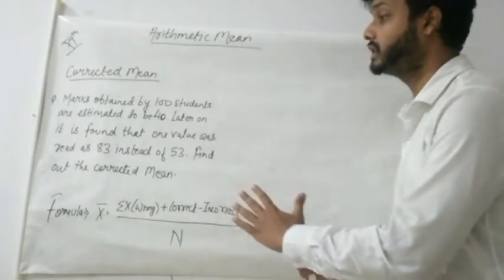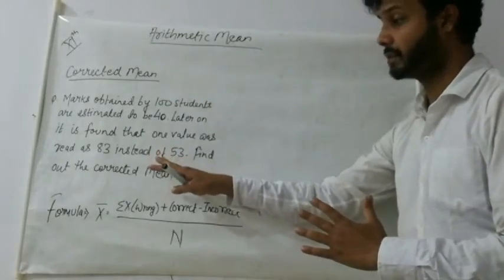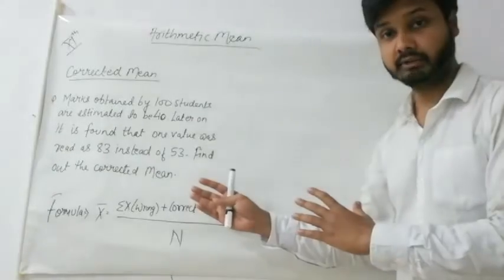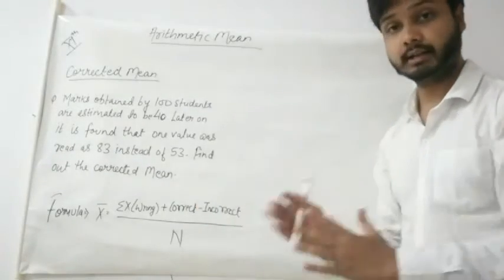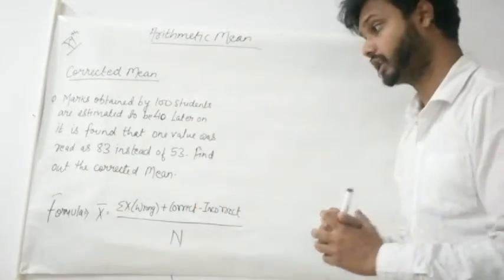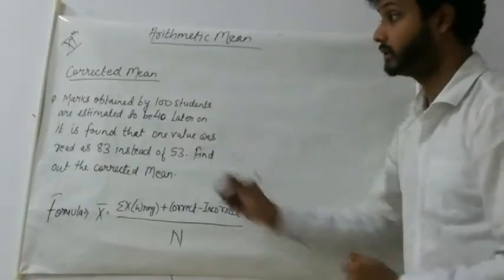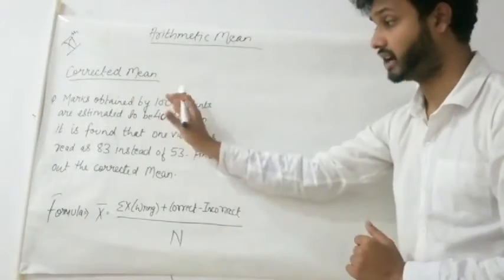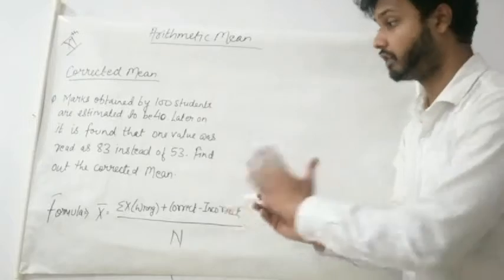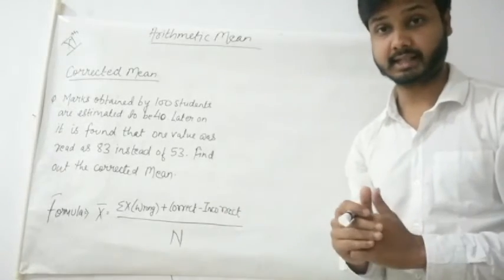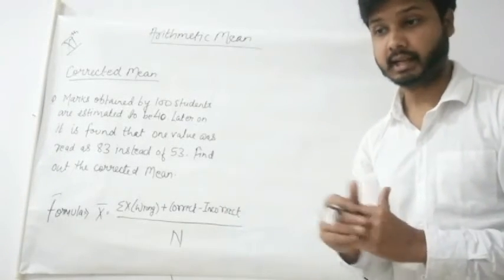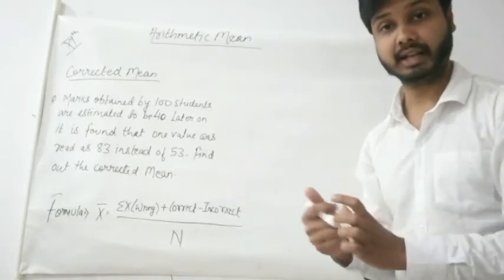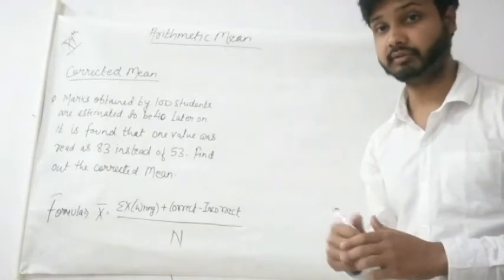What is the first one is that sometimes it happens that some other number is given and instead of that we write any other number by mistake, okay? So how can we correct that? That is known as corrected mean, and we will see how to do that. After that we will see one more topic that is related to missing frequency. That is when we are not having any number or missing value, how can we find that?